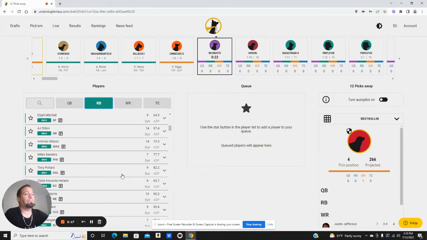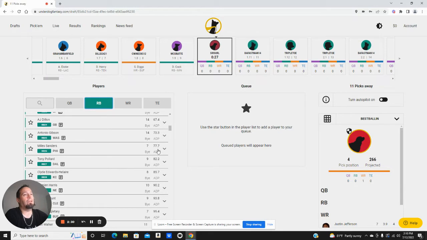To me, a zero RB build means that your first running back is somebody after RB 26, which is Miles Sanders, which is what, a 7th round ADP still. I guess Tony Pollard still sneaks in there, but Tony Pollard's at least starting the season as a backup, so I would definitely consider you starting zero RB if Tony Pollard is your top running back.